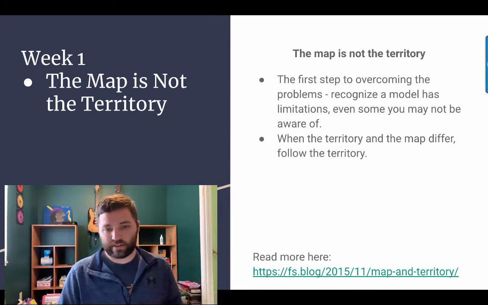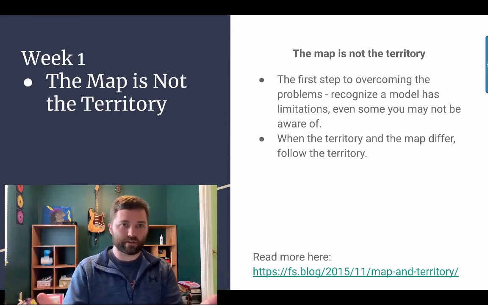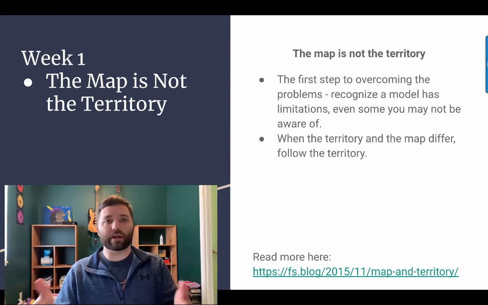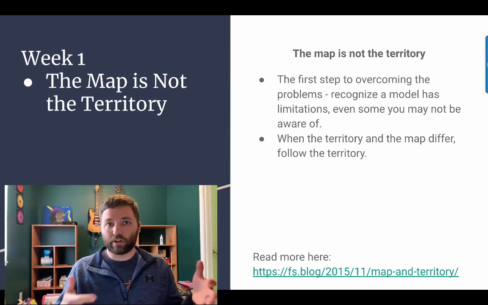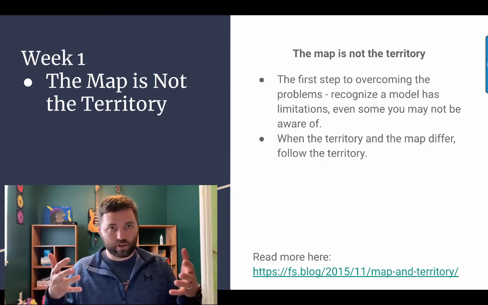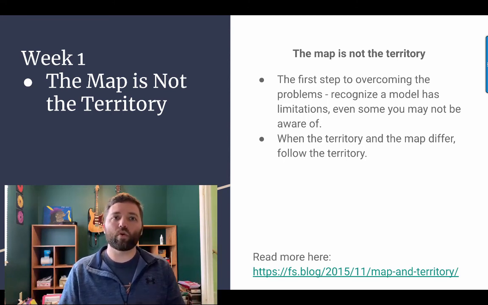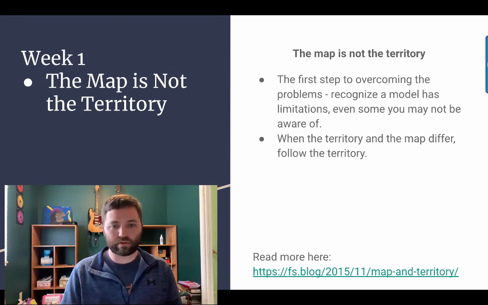And this is the last point, to end this one. When the territory and the map differ, follow the territory. If all of your experience is telling you that your map is wrong, take the simple example. You're driving in a car and you have a map and the roads don't make sense compared to the map. Then you should follow the territory. I mean, you've got a bad map on your hands. So you should either find a different one, change it, or just follow the territory wherever you need to go. And this is also going to be metaphorical. So when the territory and the map differ, you want to follow the territory.